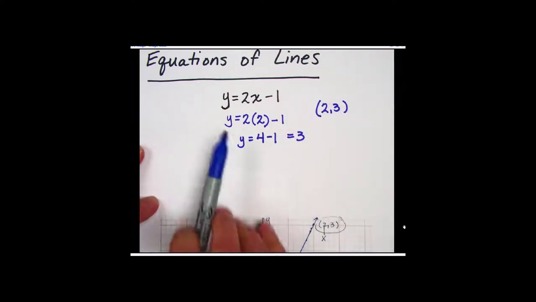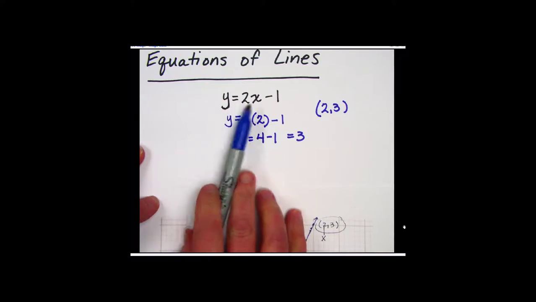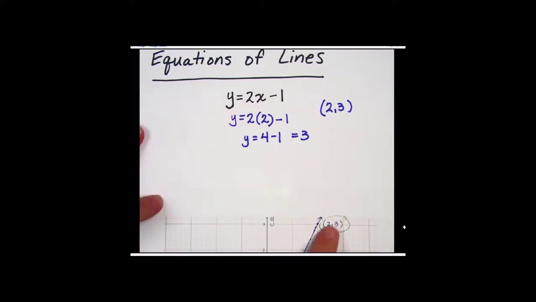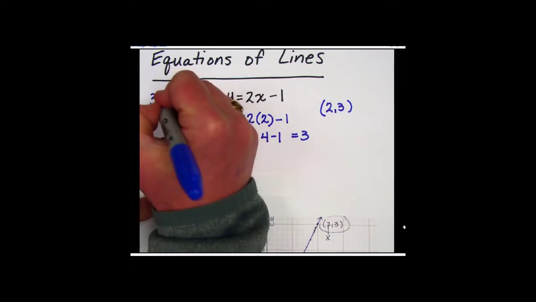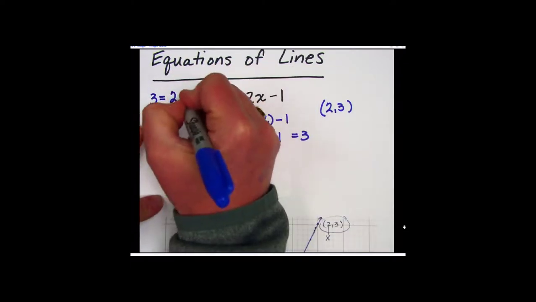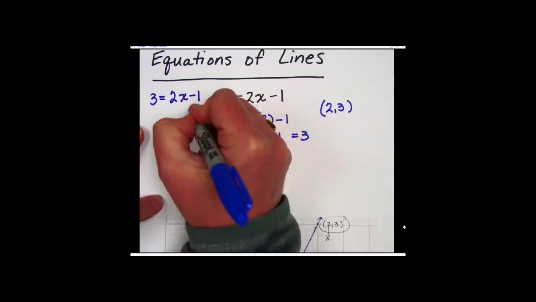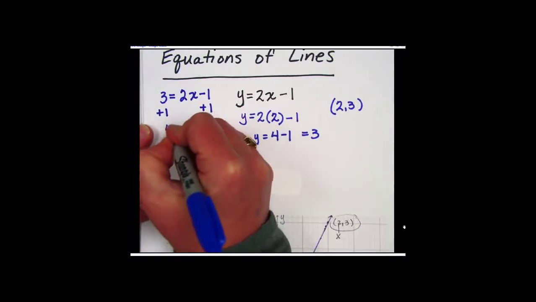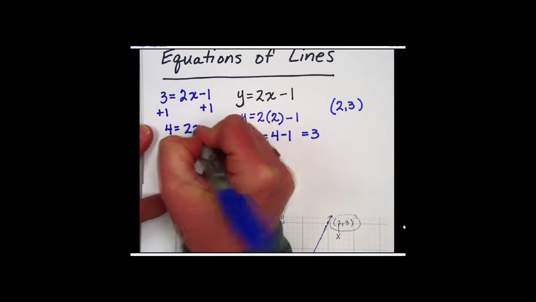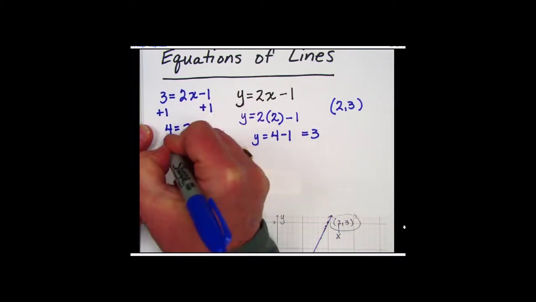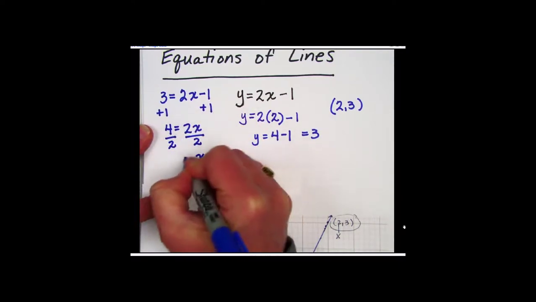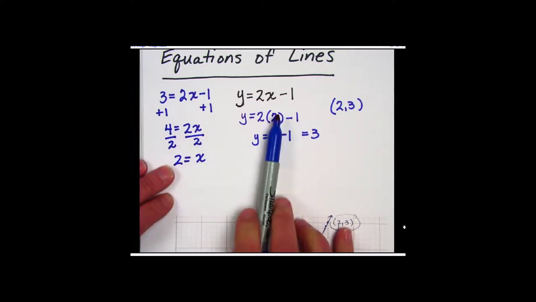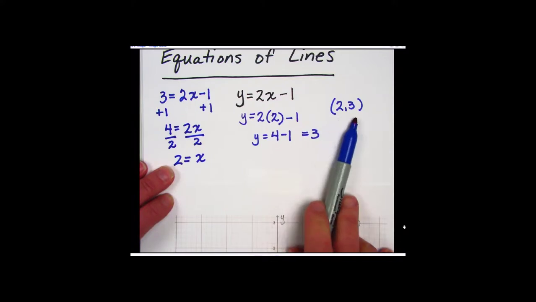And now I said similarly, I can plug in for y and solve for x. We don't do that as often, but we can. If I told you that y was 3, could you tell me what the x value is? Well, we would solve for x. First, we would add 1 to each side. I would get that 4 equals 2x. Solving for x, I would divide each side by 2, and I would see that x equals 2. Again, this just confirms the same thing I saw over here, and that is the point 2, 3 is on the line.